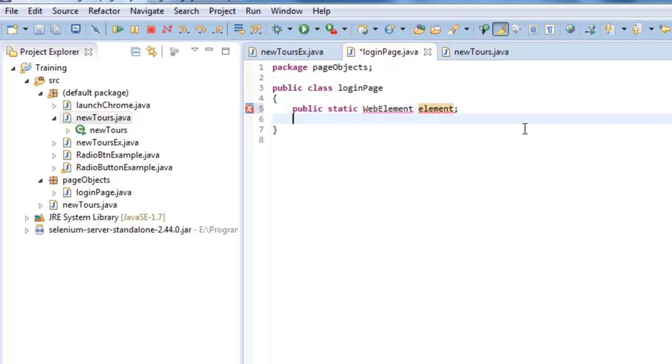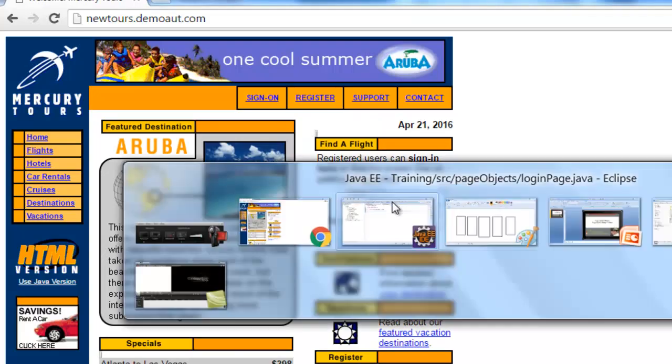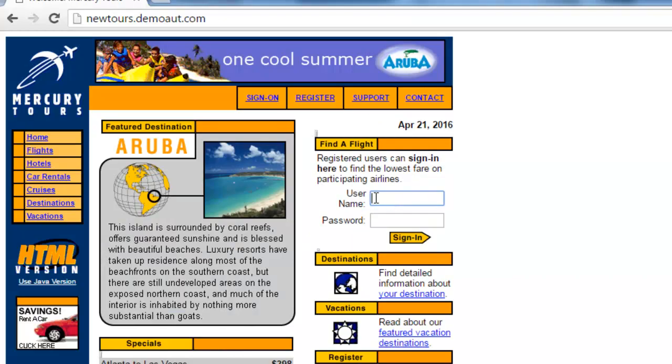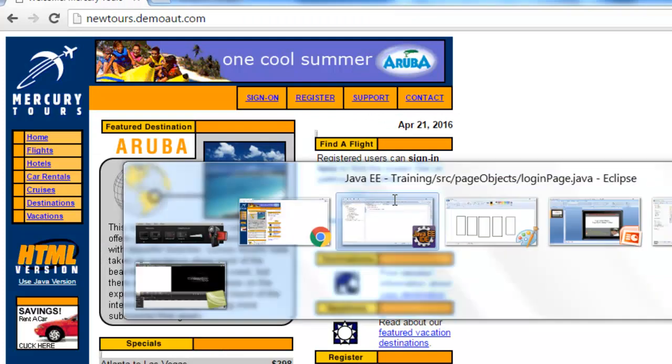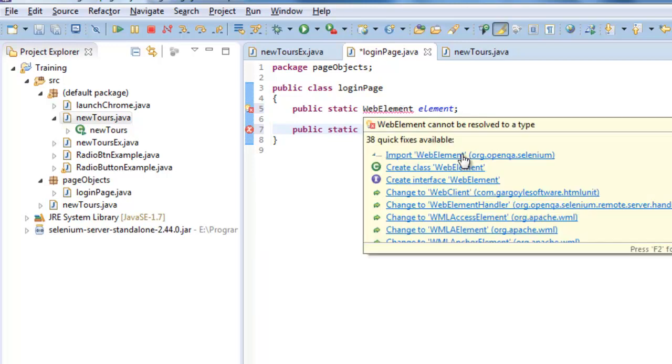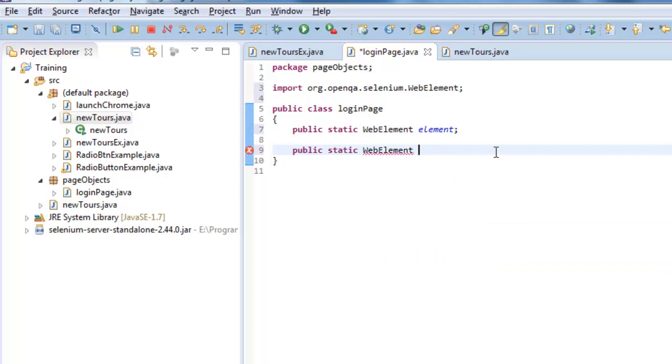First, for each object we will write a separate method, and that method will return whatever the object description is. So let's start with public static, and this will return a web element. Let me include the proper libraries.